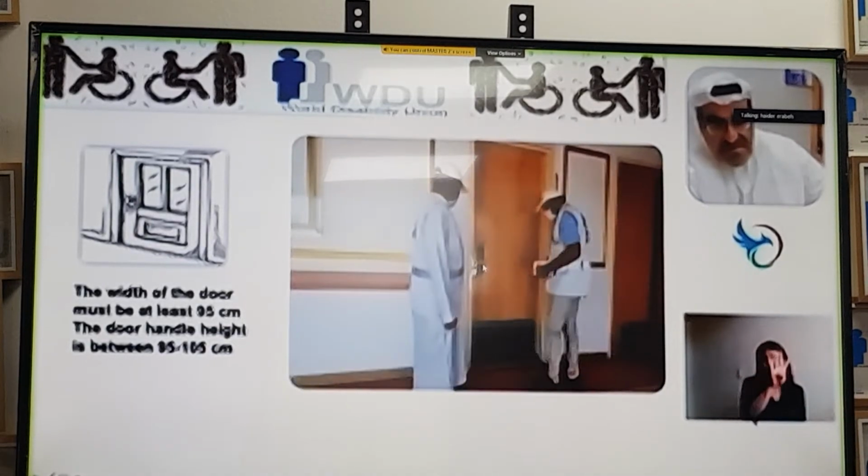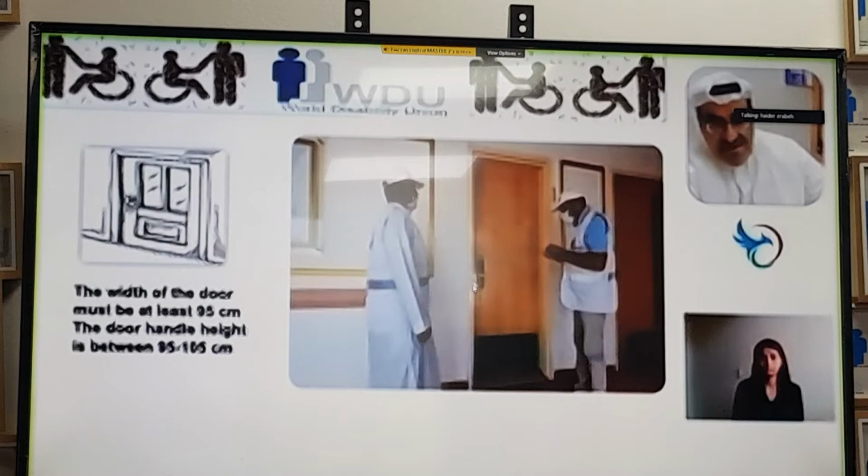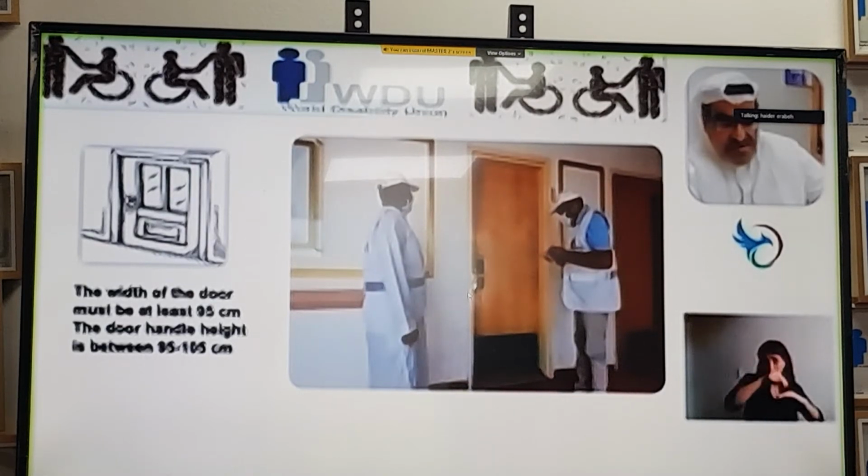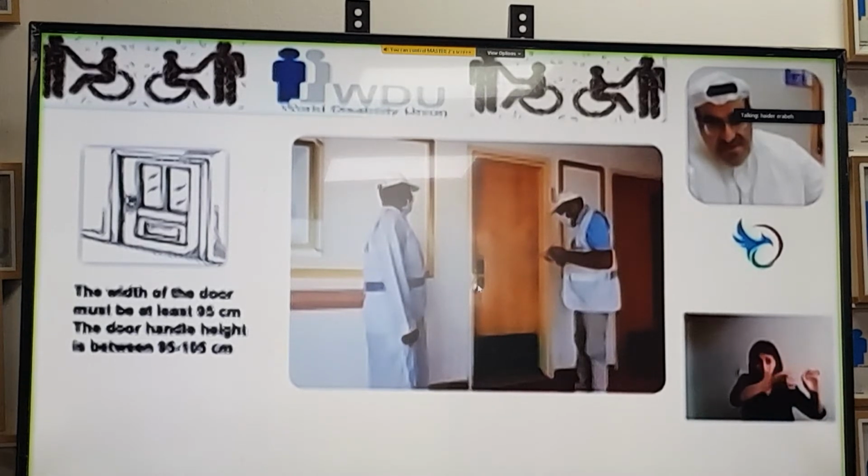The height of the key to open the door is between 95 to 105 centimeters. So this is the height of the key or the handle of the door. If you continue,